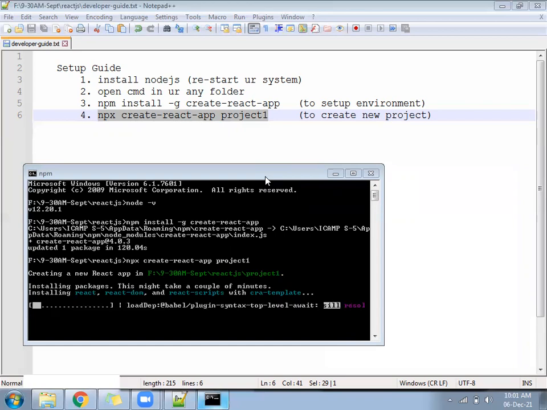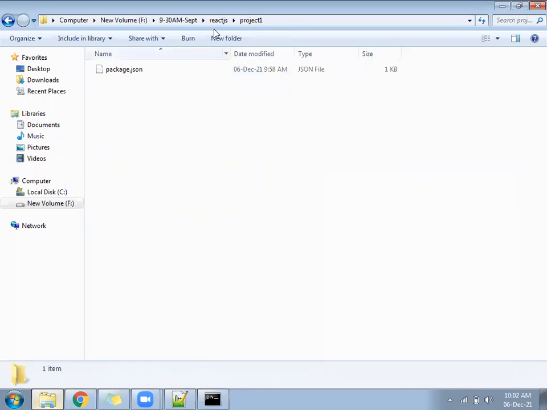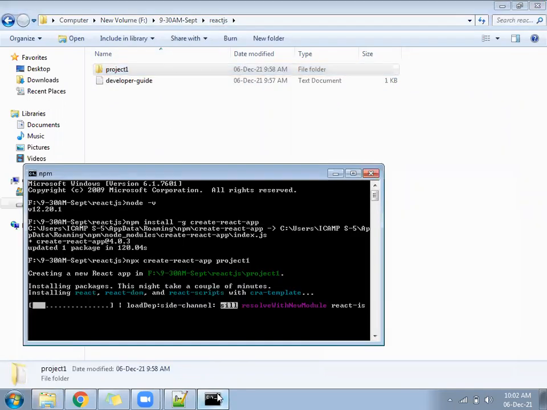If half is on mobile phone and half on LAN, it will not work; it will break in between. So whichever network is connected, let it continue. If you change the network in between, it will break the downloading. If you go to your folder, you will see one project folder is ready. Inside, as of now, something is downloading. Once it is downloaded, you will find so many files and folders.